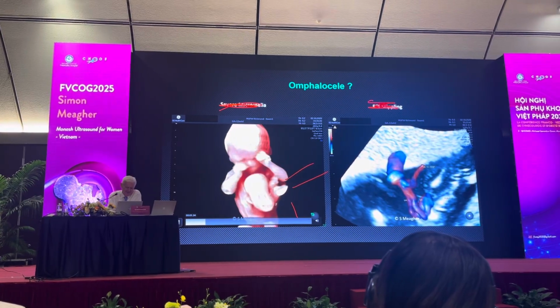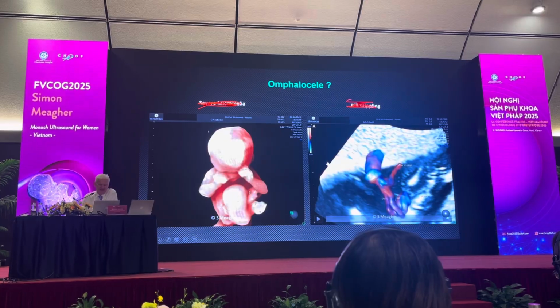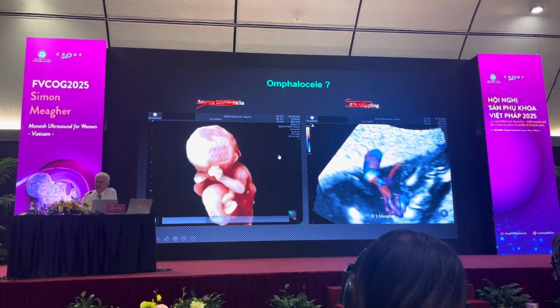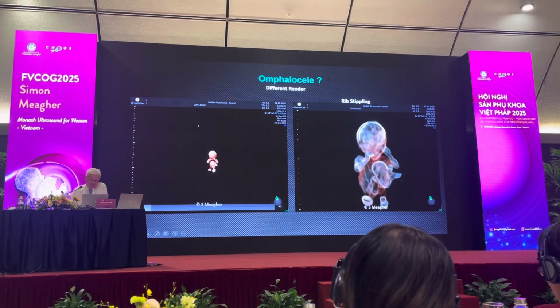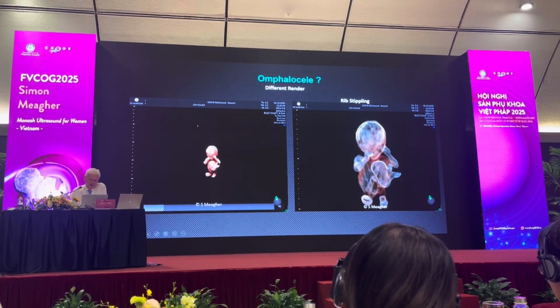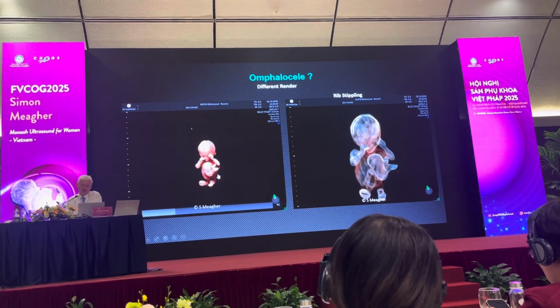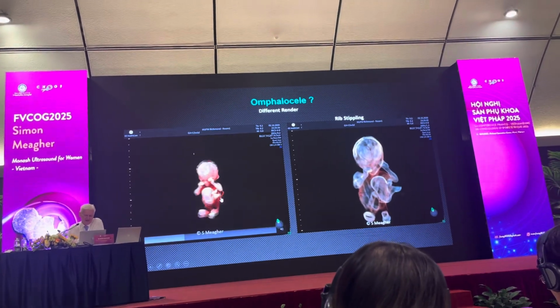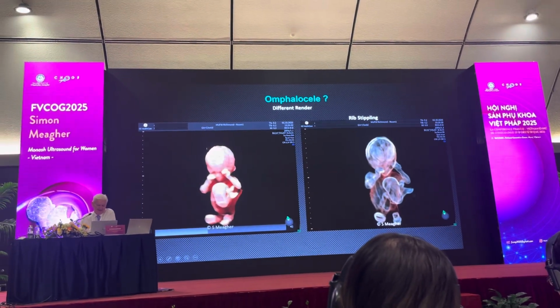A leg and a leg. TRAP sequence. So TRAP sequence features can look like an omphalocele. So this is a baby as you come down here, directly attached to this fetus here, with two feet hanging off the end of the omphalocele. When I was a junior in training, I made a diagnosis of omphalocele back in 1995, 1996, at 20